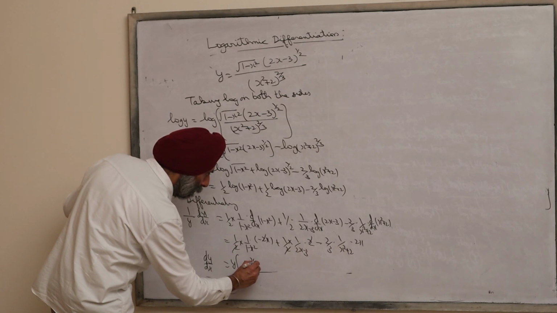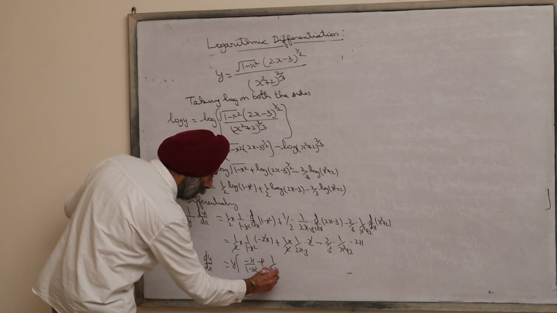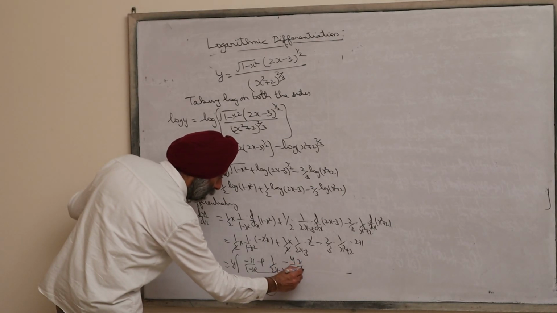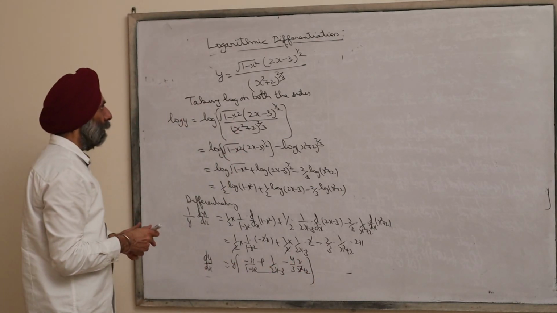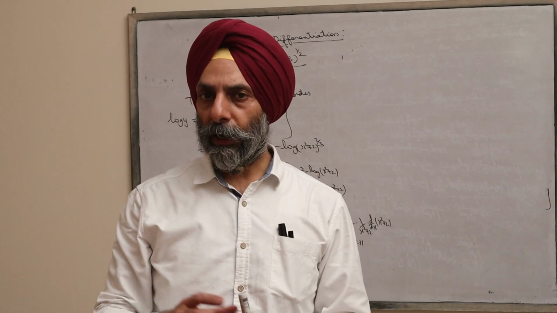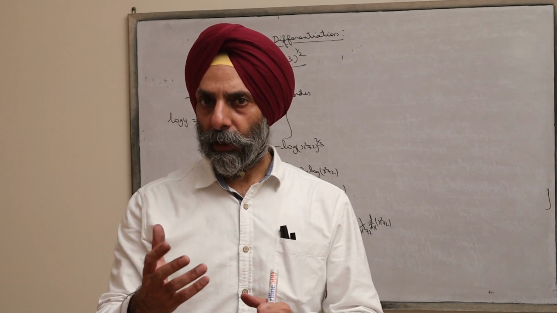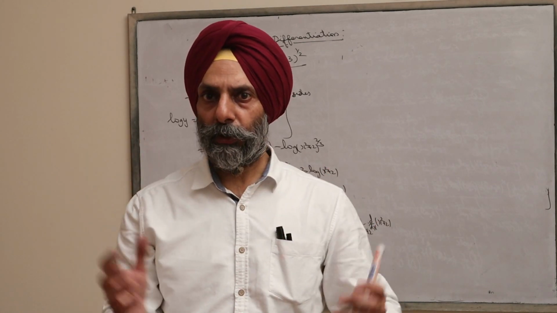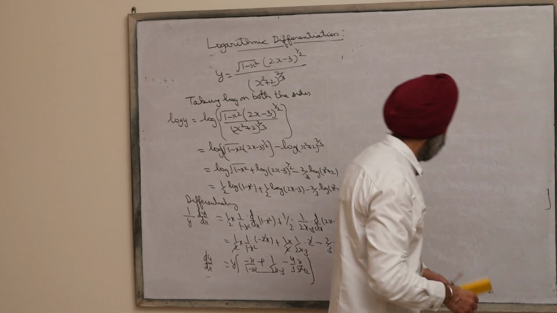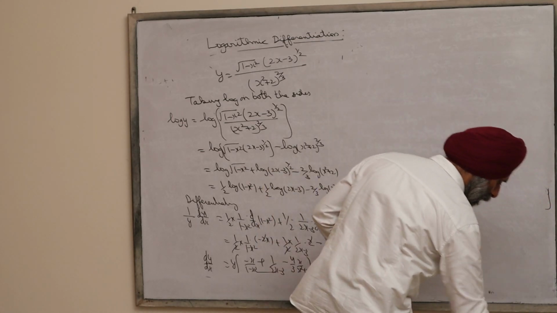Now plus 1 over 2x minus 3 minus 4 by 3x into x square plus 2 here. So this is the way to find the differential of a function when multiple functions are involved in the function here. Now another example of this is, for example,